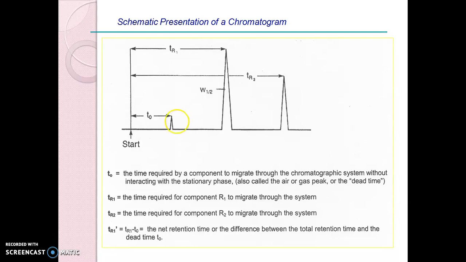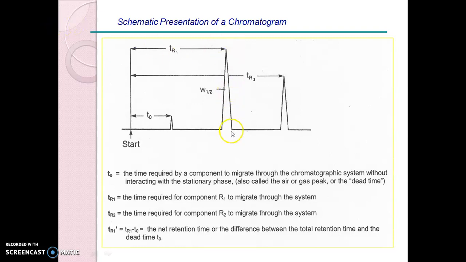with the stationary phase. Whenever we inject our analyte, we may get a gas peak. Without drug substance or analyte, if any particles come, we get small peaks, which are not expected as an analytical or sample peak. So in HPLC we mostly get a small peak, called T0, at the time of injection. Whenever the mobile phase comes out, the detector immediately detects it, and that is called the gas peak or